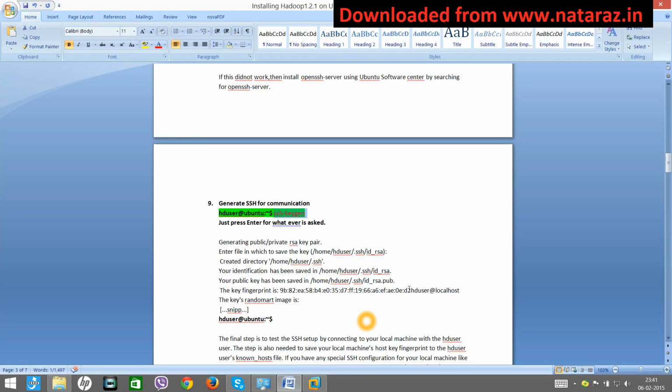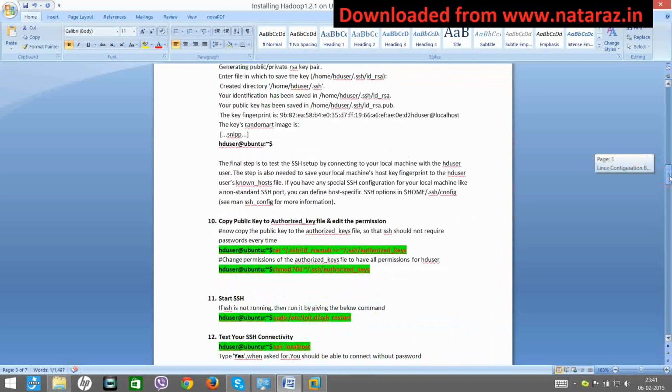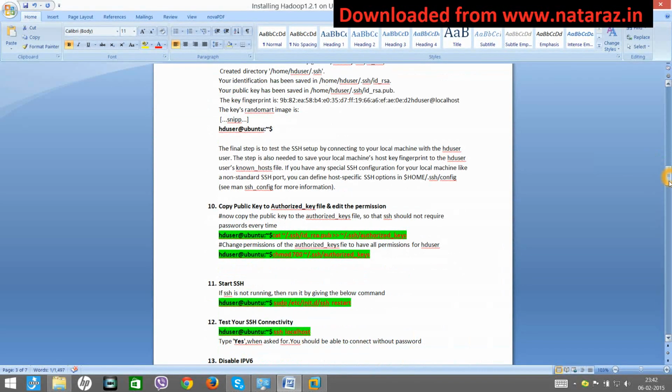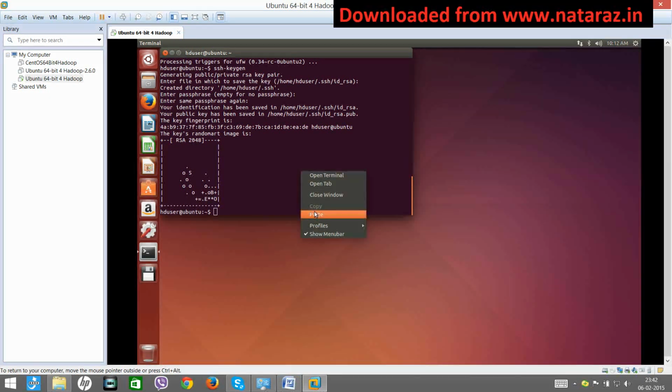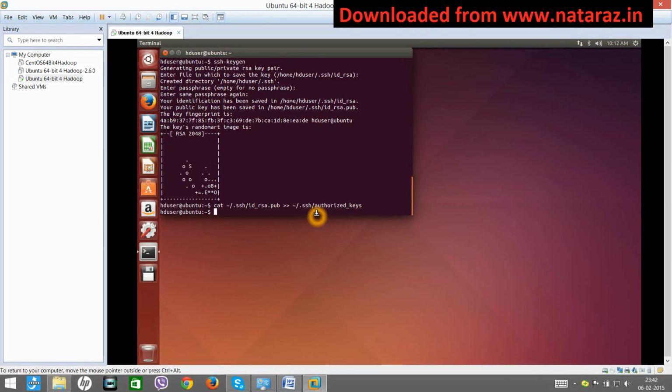Next, you add this public key in an authorized key list, so that whenever your name node and data node try to interact with each other, they will use this key. And if you add these keys in the authorized list, then they don't need to verify it again and again. Just copy this piece of code and paste.